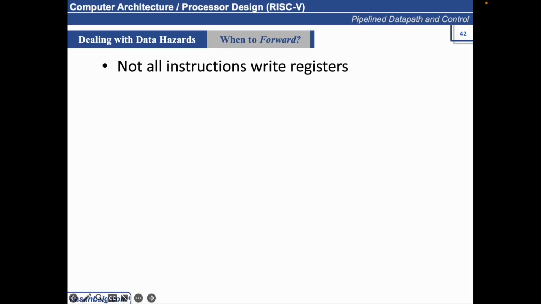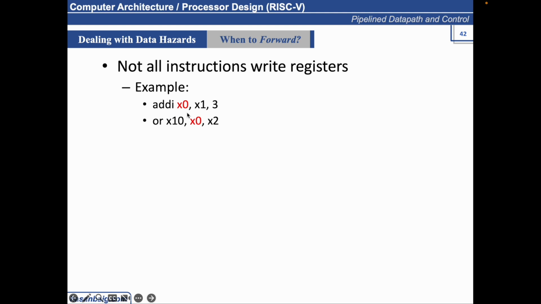Not all instructions write registers. So this policy that we have just discussed is inaccurate. Sometimes it would forward when it should not. So let's take an example here. In this immediate R-type instruction, you see that addi x0. Whatever operation we are performing, it is writing into x0, but it does not make any sense because